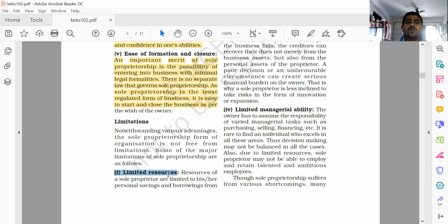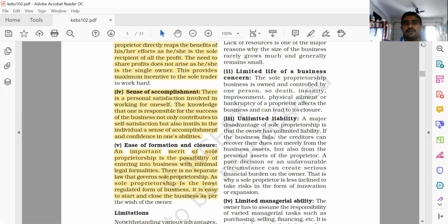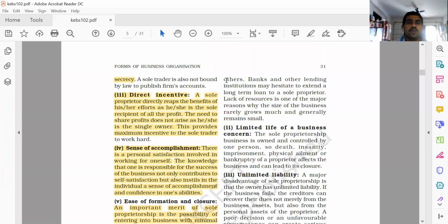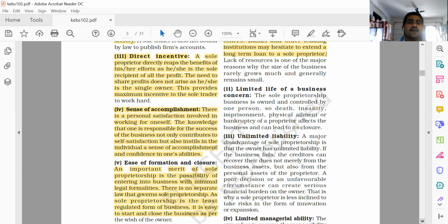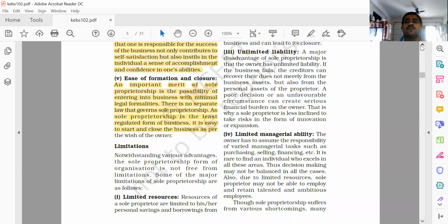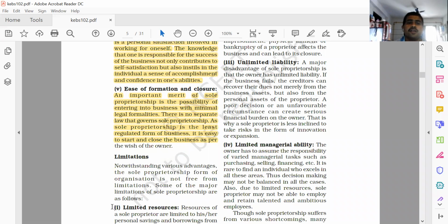तो पहला है लिमिटेड रिसोर्सेज, वो क्या लिखेंगे? रिसोर्सेज ऑफ द सोल प्रोप्राइटरशिप आर लिमिटेड टू हिज और पर्सनल सेविंग। Resources of a sole proprietor are limited to his or her personal saving, borrowing from the others, दूसरों के पास से, banks and other lending institution hesitate to extend a long term loan to a sole proprietor। जो भी है उसको अपना बंदोबस्त खुद करना पड़ेगा। So what we can say, limited resources, पहला पॉइंट है limited resources।